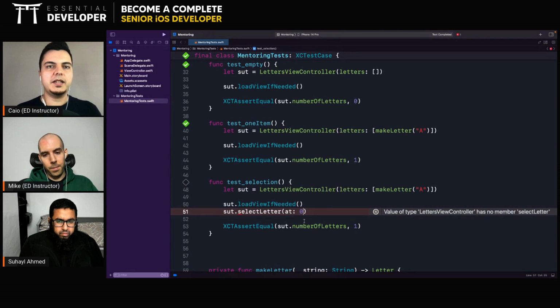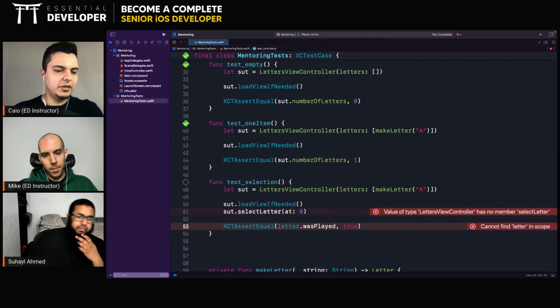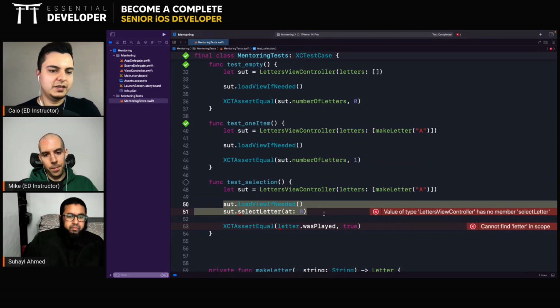And then you expect maybe the letter dot was played equals true, right? And start adding the side effects of performing an action, because it returns void, right? Those things return void, and so on. Like that's the idea.